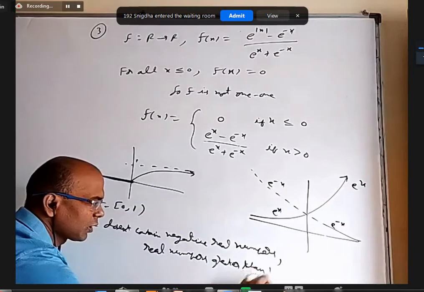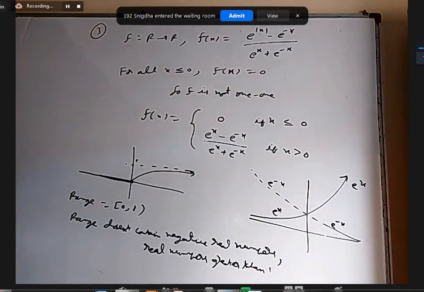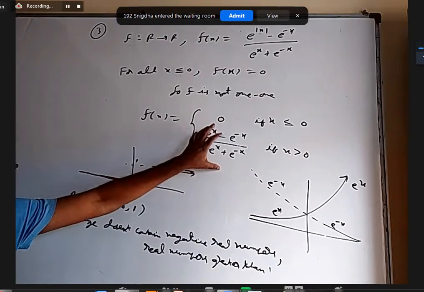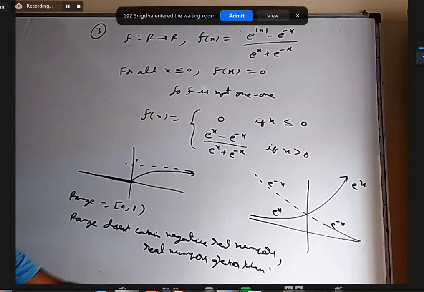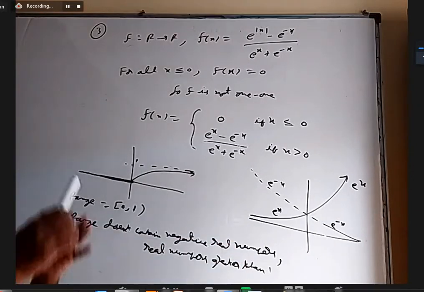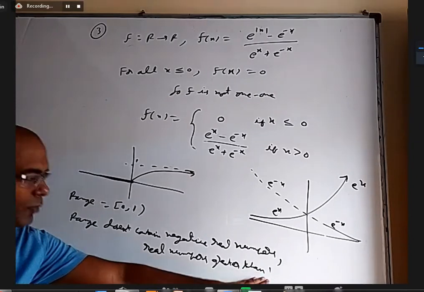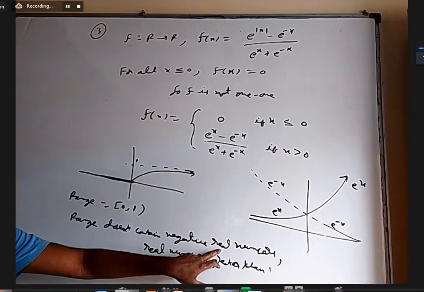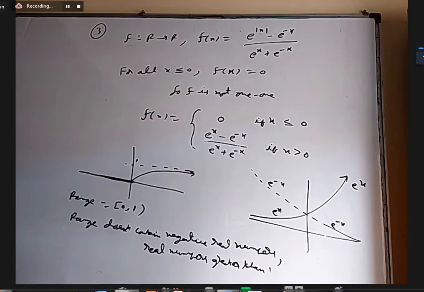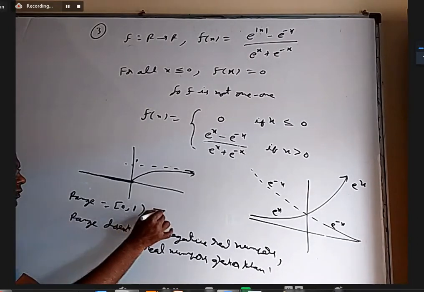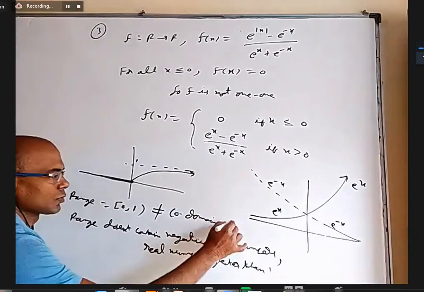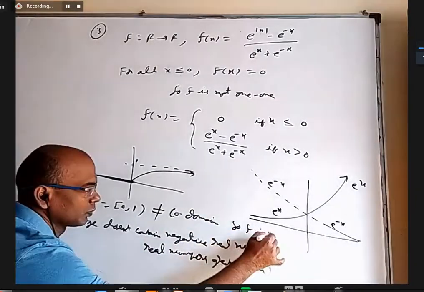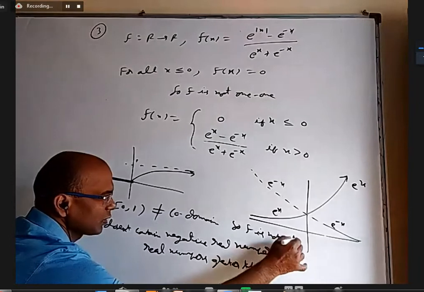So even if you are not able to tell the exact range, not a problem. You can just tell that this cannot be negative, this cannot be negative. So whatever x you substitute, the output can never be negative, and the output can never be more than 1. So in the codomain, many elements are there which are more than 1. Many negative real numbers are there, they are not used. So range and codomain are not equal. It is not equal to the codomain. So f is not onto. It is neither 1-1 nor onto.